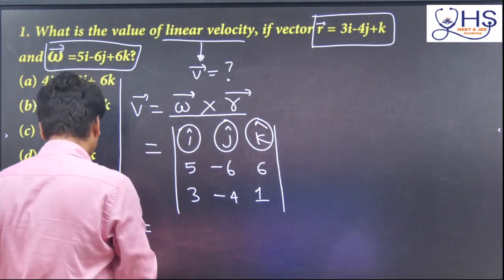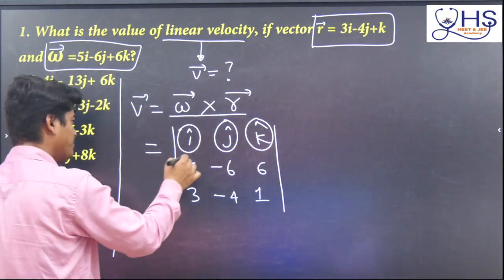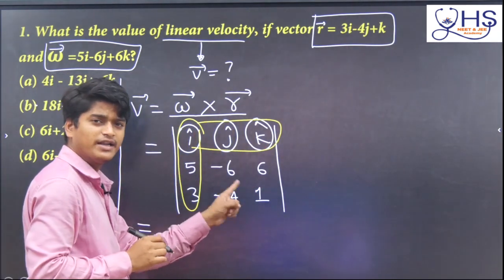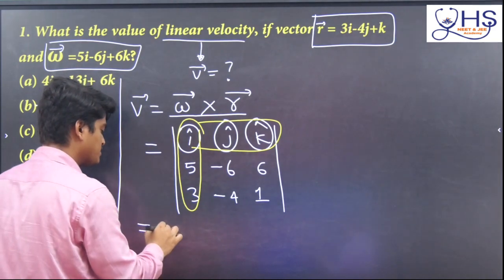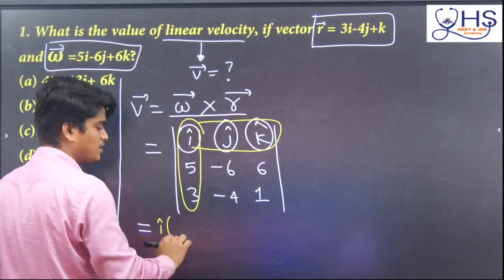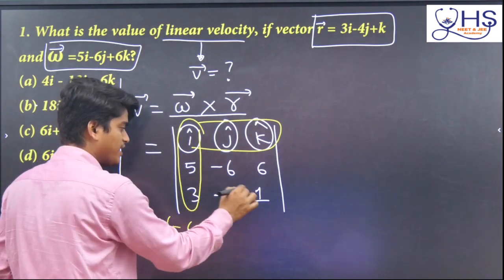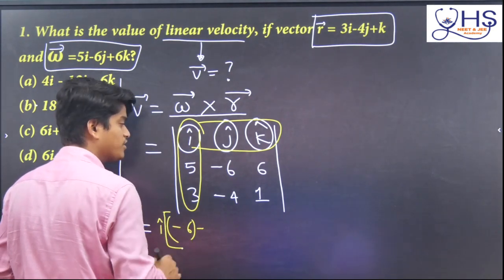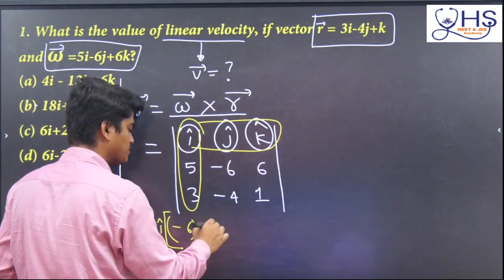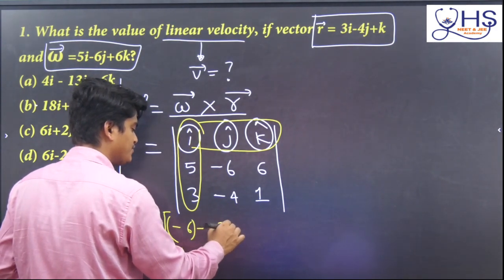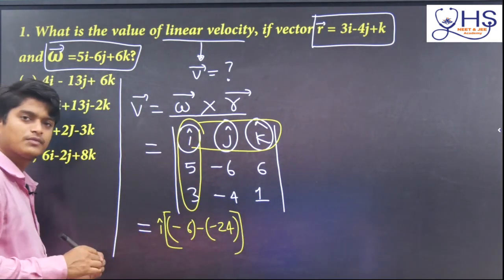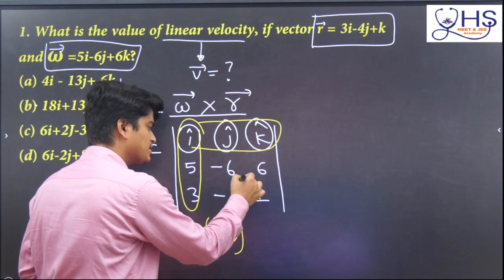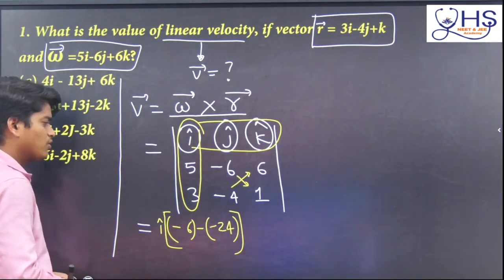First, see what I am telling. When I calculate i, I have to close this column and this row. So what numbers remain? These numbers. Now I have to multiply. I write i first. Minus 6 multiplied like this, minus 6, then minus, multiply this 2, it will be minus 24. Now keep a bracket. First you multiplied this and this, then you put a minus, then you multiply this and this. Understand?